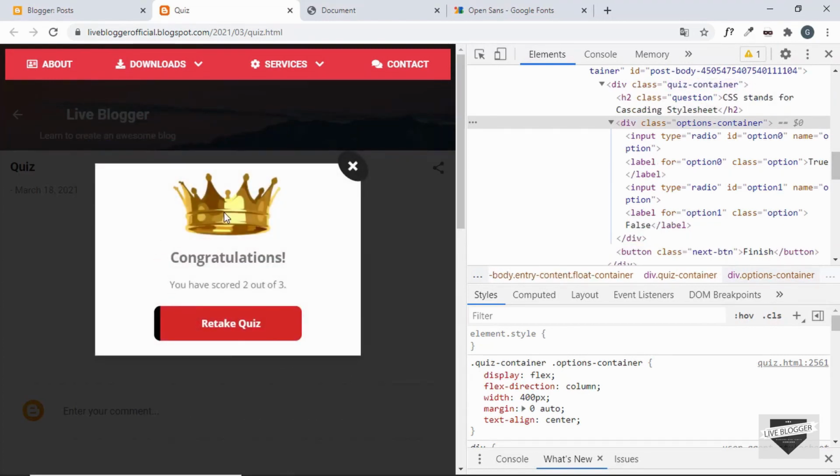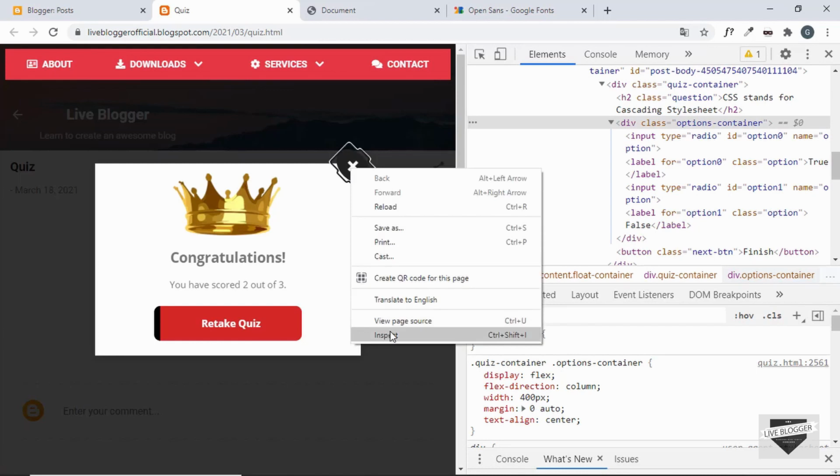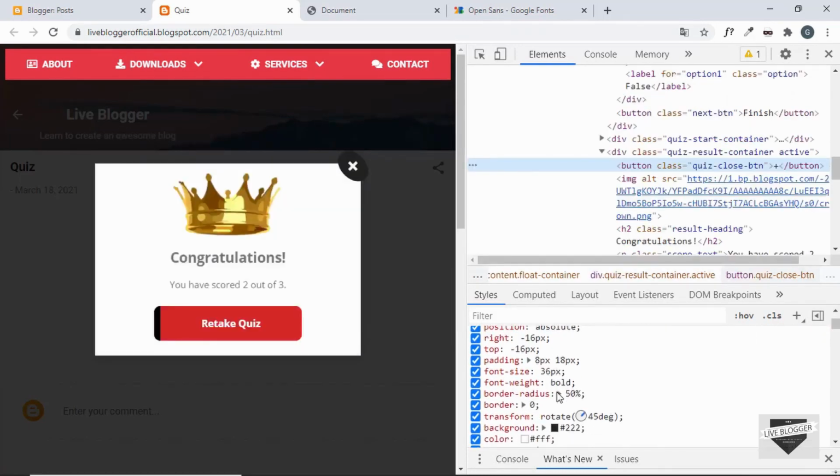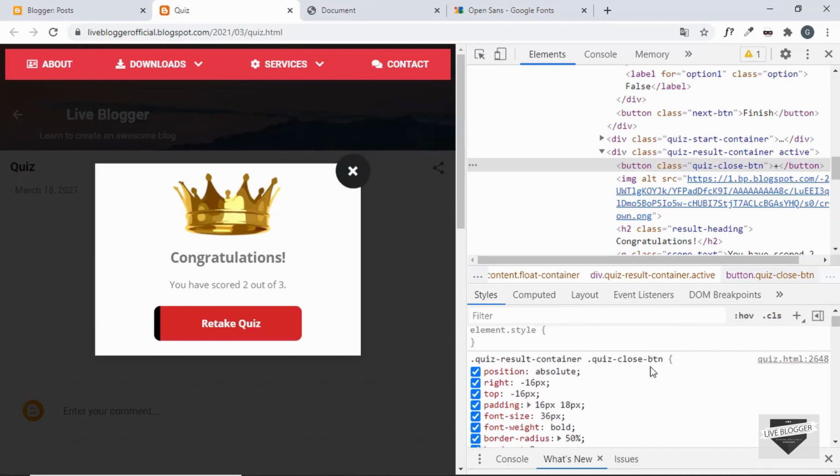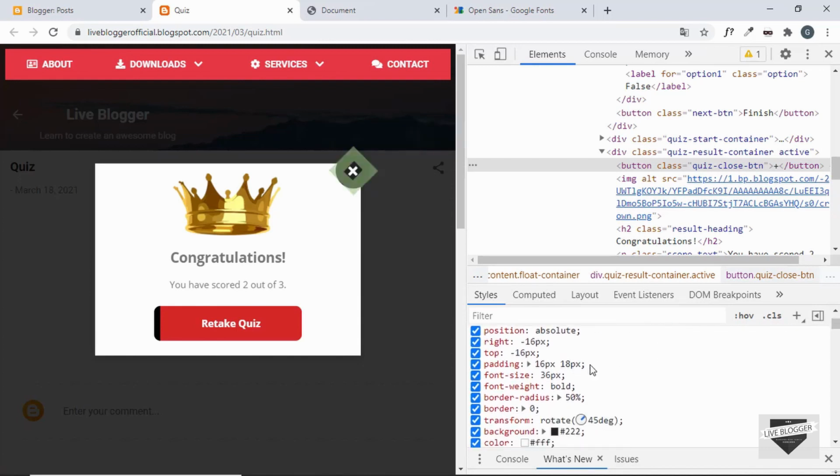And we can see that our result is being displayed over here, and you can also change the color of this text over here, but I'll just keep it as it is. And we have some problems with this close button. It is not exactly round. So let's right click over here and click on inspect, and let's see what we can do. I think there are some problems with the padding, so let's increase this, or maybe 18 or 16 pixels. So we have to change the padding of the close button to 16-18 pixels,